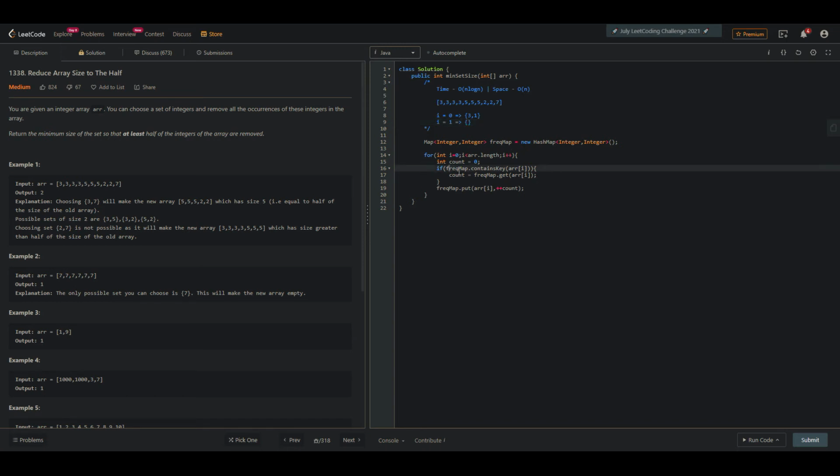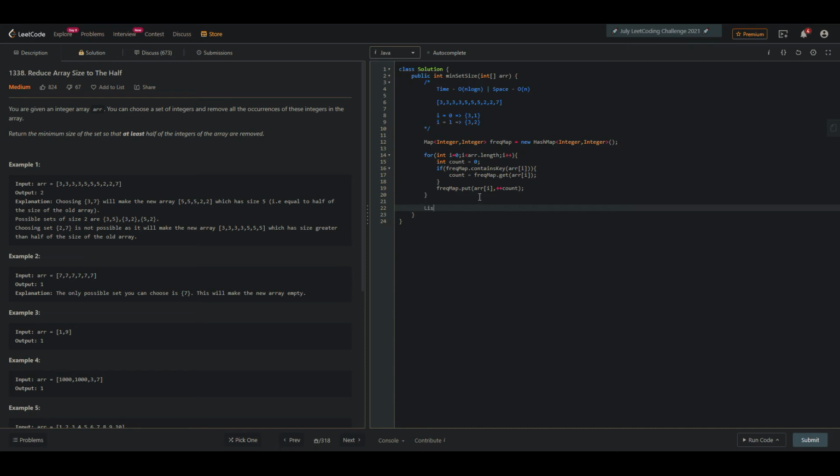So this if condition will be successful and this count will be 1, so it will be 3 comma 2, and as it goes on it will be 3 comma 3, 3 comma 4, and when it comes to 5, there are no occurrences of 5 in the map, so the count will be 0, and before putting it into the map it will be incremented by 1, and it will be 5 comma 1. So at the end of this we'll be having a frequency map.